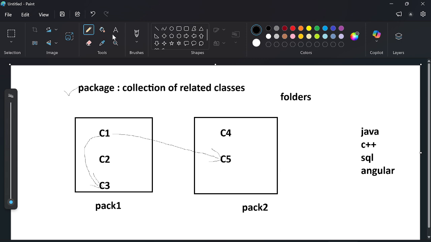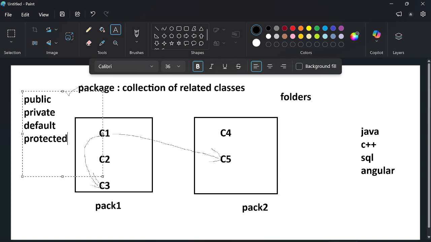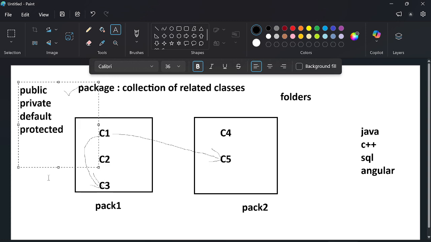Okay. So now, what are the access specifiers available in Java? Access specifiers available in Java are four. One is public, another one is private, one is default, and then protected. So these are the access specifiers that are available in Java. Now what is the work of an access specifier? An access specifier actually defines the access level of a method or a variable or a class. So access specifiers can be applied to a class, a variable, or a method, and it defines the access